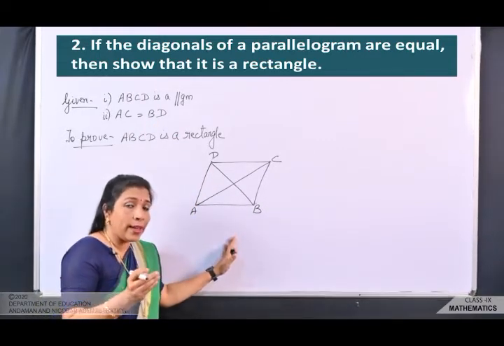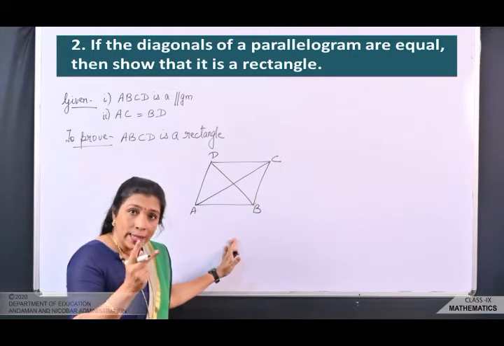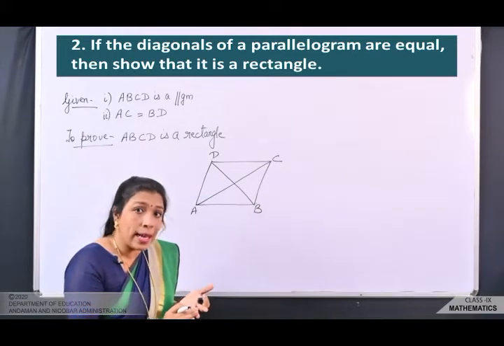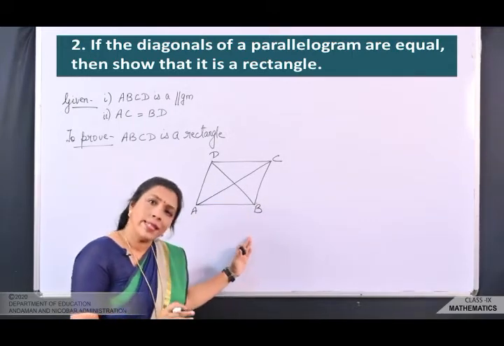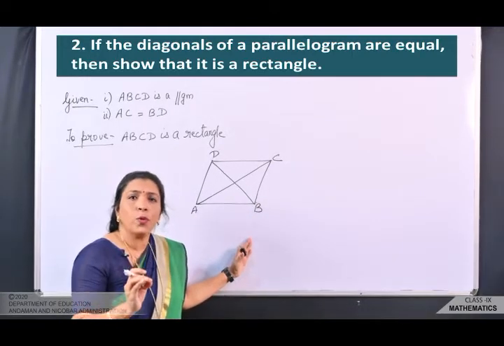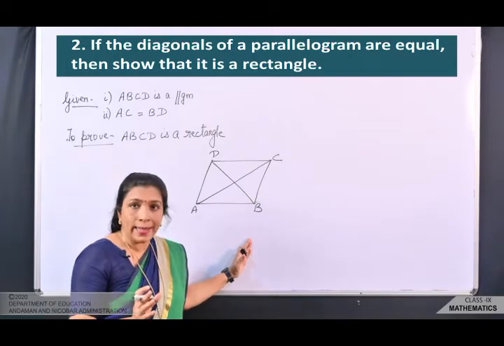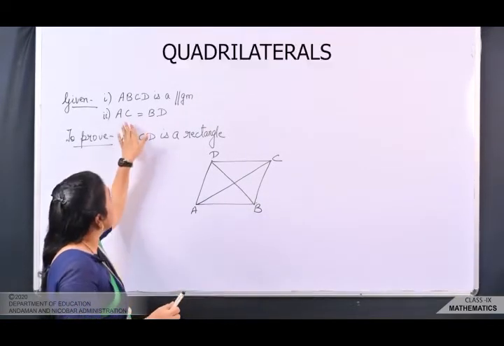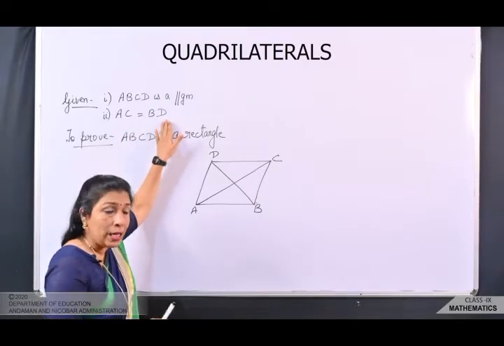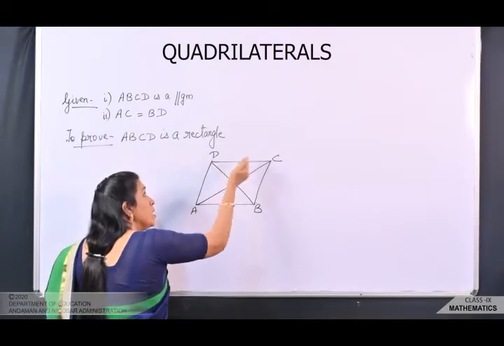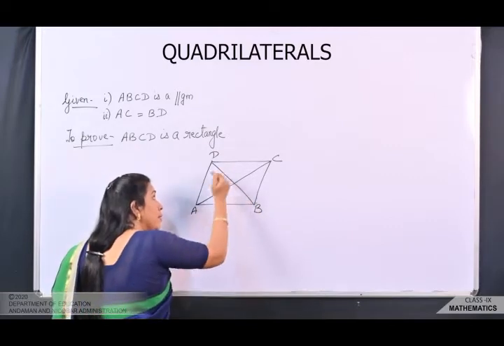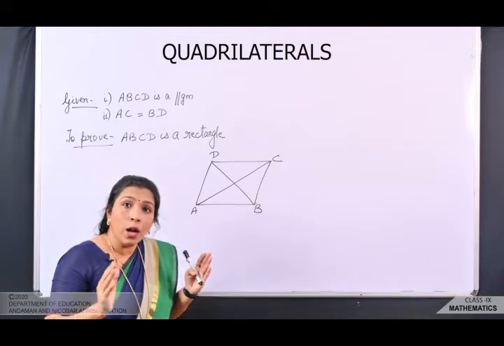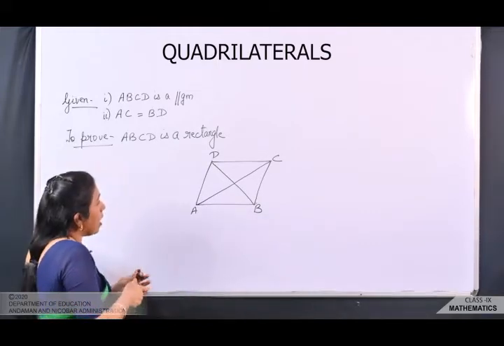So whenever it is a rectangle, I told you that you have to prove 2 things. That one, it's a parallelogram. Secondly, that each angle is 90 degree. But here it's already given it's a parallelogram. So you just have to prove that one angle is or all angles are 90 degree. Okay? So what we will do here, children, because it is given कि AC is equal to BD, so we'll have to use these 2 sides. We will take this triangle and this triangle and prove that they are congruent. Okay? Now let's start.